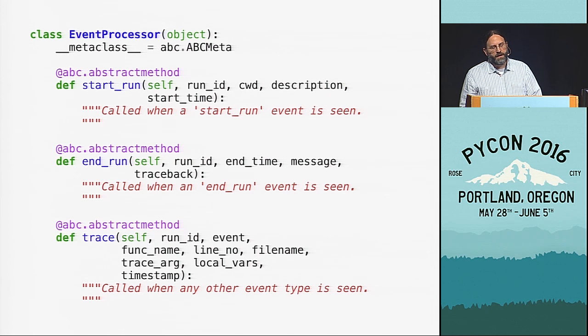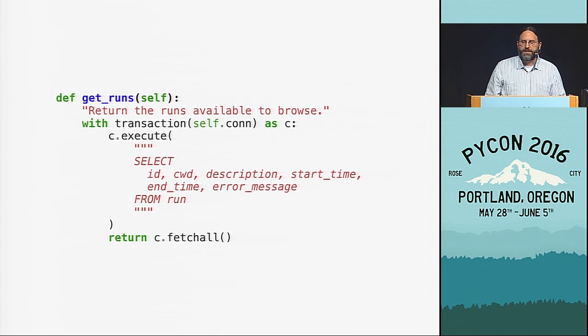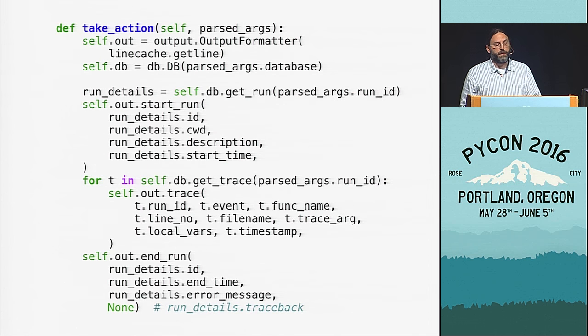That let me go on and work on the replay command using the existing code, but I realized immediately that there was no way to test that because I had no way to get a list of runs from the database. So in order to write a replay command, first I needed a way to get a list. So I wrote a list command, and then the replay command was a pretty straightforward implementation using that event API that I'd created.